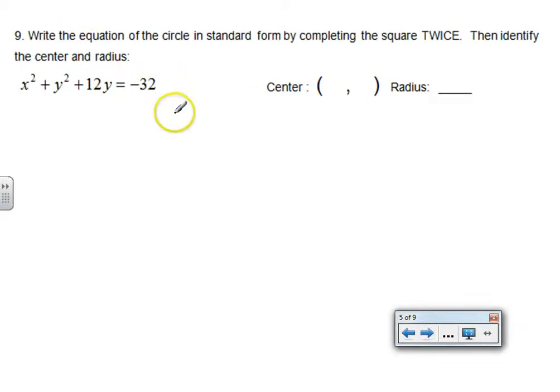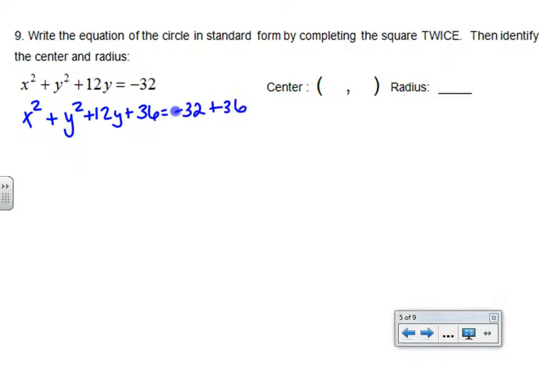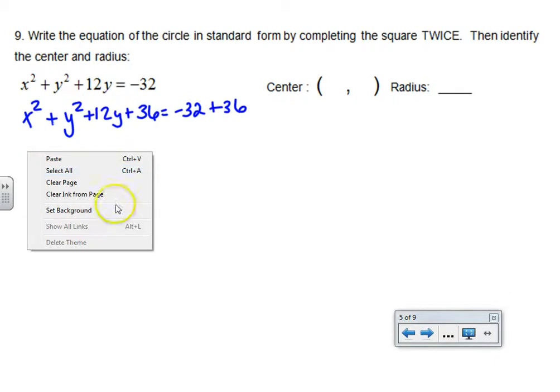Write an equation of a circle in standard form by completing the square twice. So these are review questions. I notice there's only one x term in the problem, so I don't have to complete the square on the x's, but with my y's, half of 12 is 6, 6 squared is 36. And then we're going to add 36 to both sides of the equation. Now you remember to, whoops,